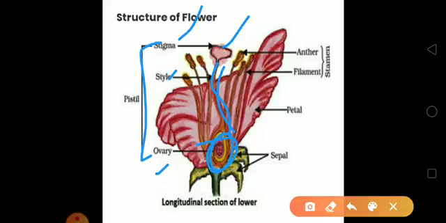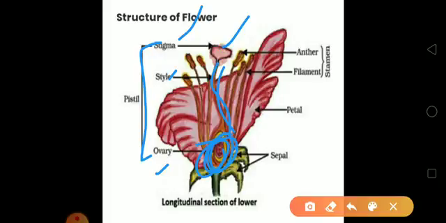The style bears the stigma in a suitable position to receive the pollen. Okay. And this is the ovary, swollen, hollow and basal, that contains ovules. Here the ovules are present, and each ovule has an embryo sac that bears the egg, meaning female gametes.